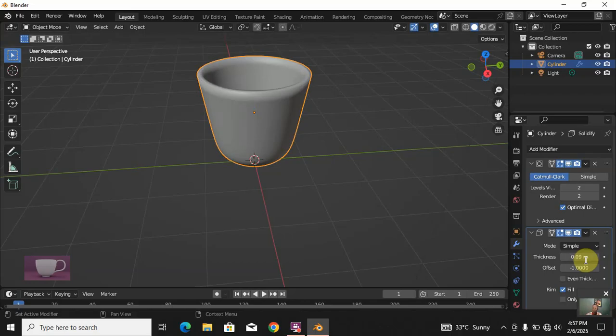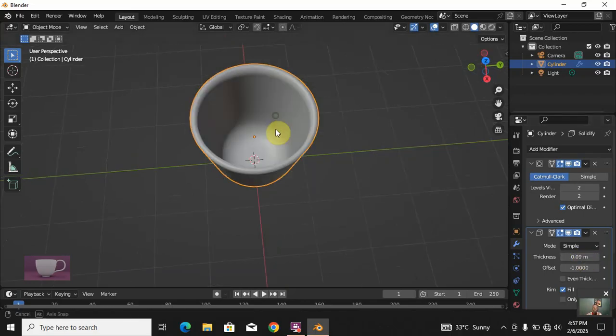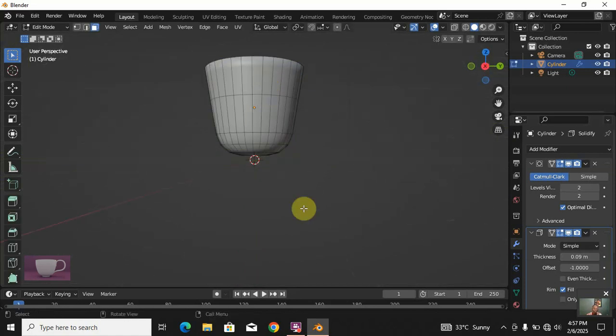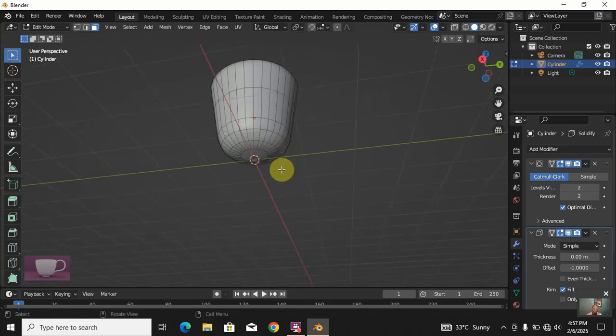0.09. So that's the thickness, you can see. So it's already thick. So back to your edit mode. Now what we want to do now is make sure that we delete this part. So what we are going to do is go back to your one, then just